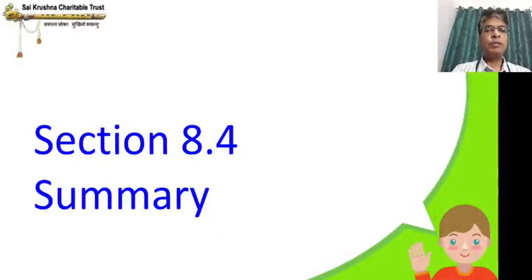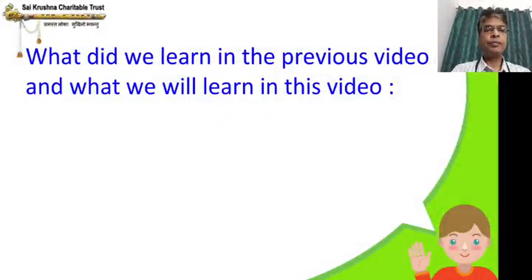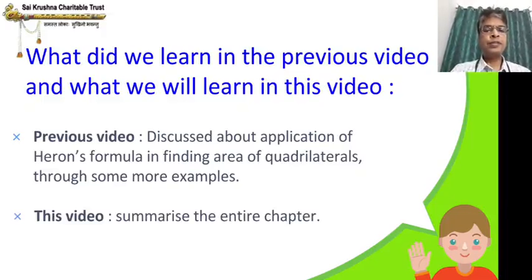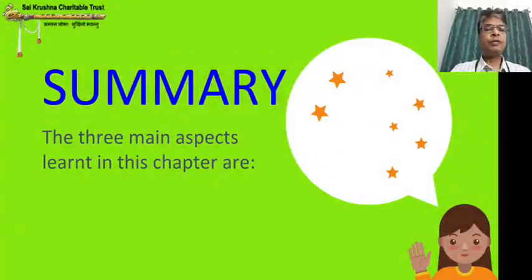Section 8.4 summary. In the last video, we discussed the application of Heron's formula in finding the area of quadrilaterals through some more examples. In this video, we are going to summarize the entire chapter. So, the three main aspects learnt in this chapter are: